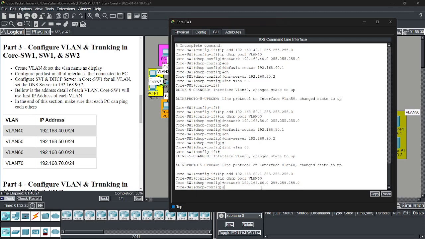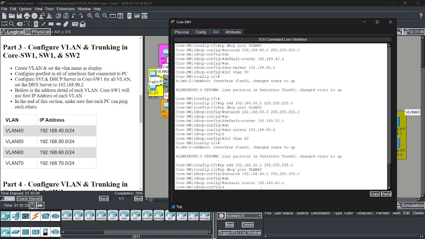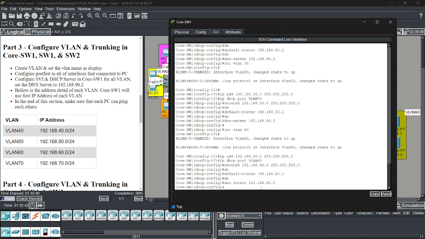Network, after network is default router. Okay, after that, after default router is DNS. Okay. And then the last is interface VLAN 70.